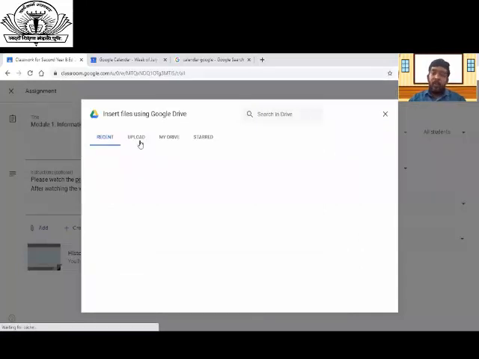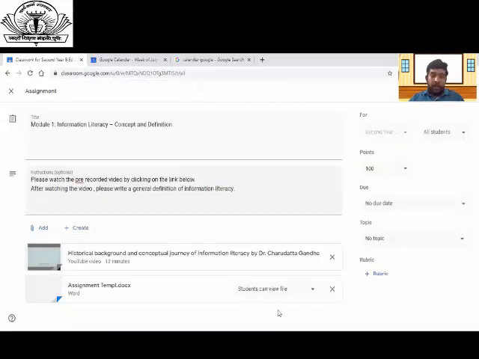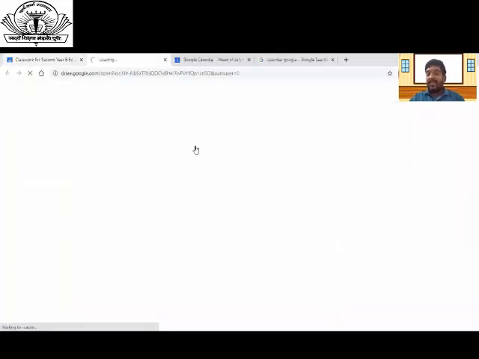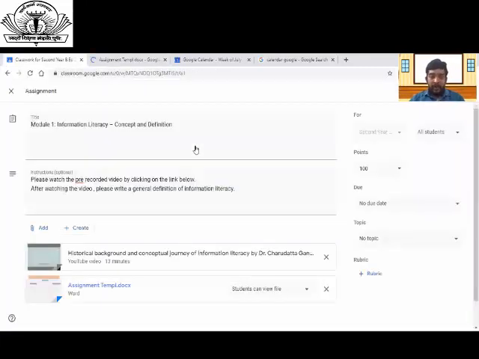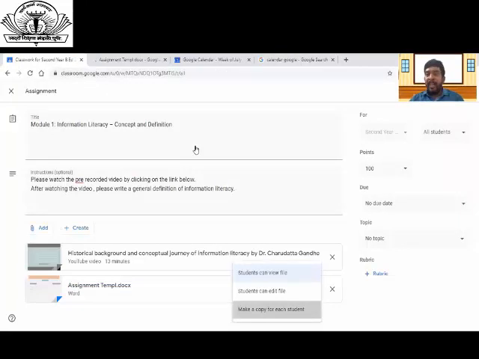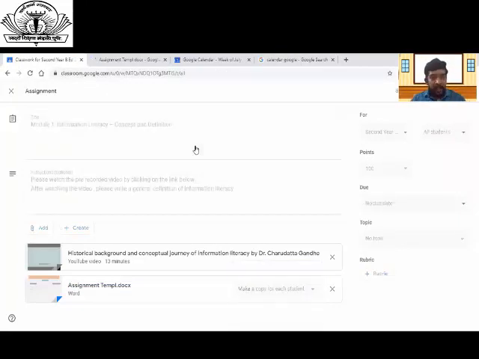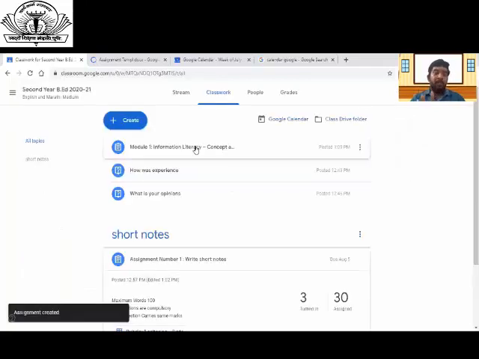Now, once I upload a file, it is automatically saved on my drive and in the recent folder also. This is the assignment template. We can use a specific assignment template, the same template for each course also, in one uniform form. Or schedule it, I'll assign it. So textual. Second assignment, I made students watch the video and write something as the assignment.